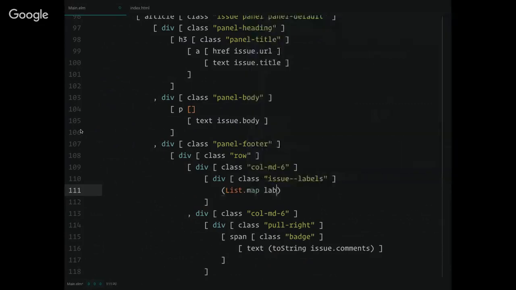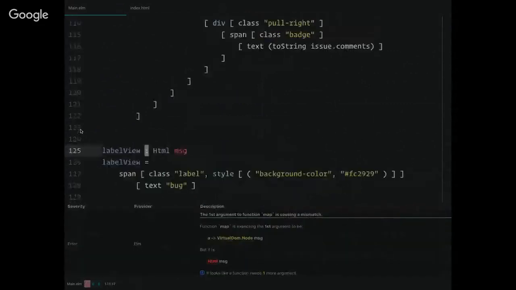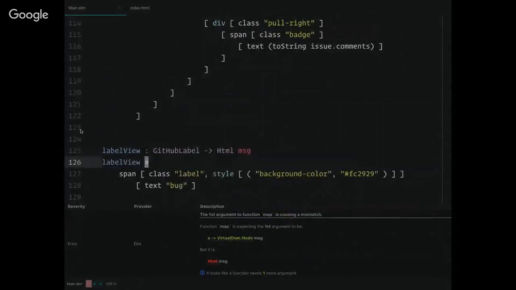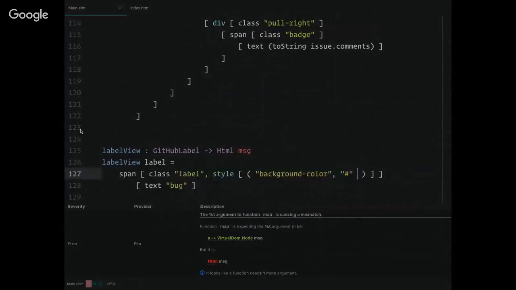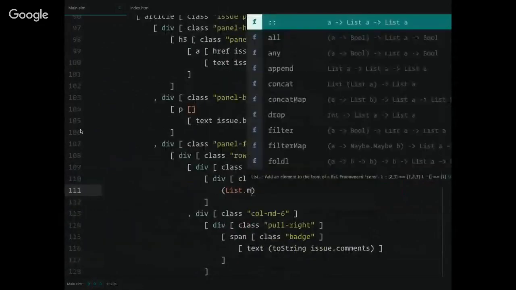So here we're replacing the GitHub labels with the exact same concept. Say I want to map over label view, pass in the different labels. The compiler throws up a warning again, so we just correct it and say, okay, you're right, I'm going to pass in something to you. So there's the label. And now we can replace the sketchiness I had with an actual value. And label.title is already a string, so we don't have to tell this one to convert to a string.